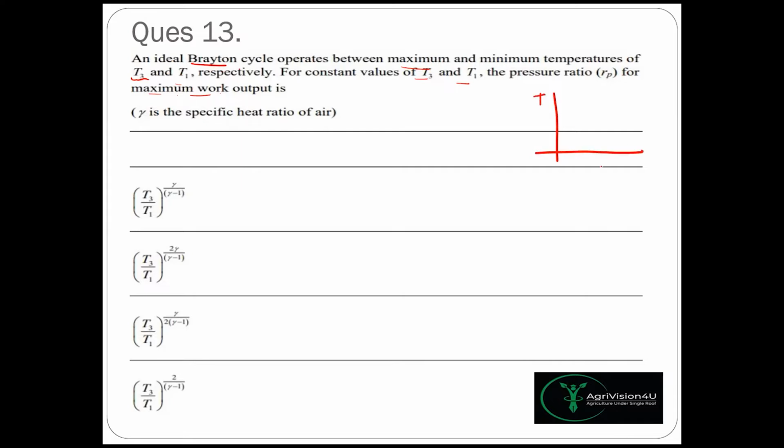So it is T and S. The first process is isentropic compression. Then we have constant pressure heat addition, isentropic expansion, and constant pressure heat rejection. Take care, it is 1, 2, 3 and 4. So this T3 is the maximum temperature and T1 is the minimum temperature. That means we have fixed this T1 and T3. All we can change is these temperatures, that is T2 and T4, in order to get different pressure ratios and